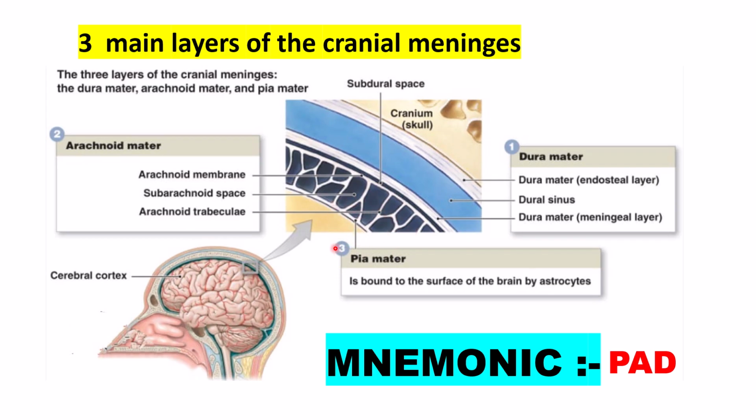Then the inner layer is known as the pia mater, directly connected with the cerebral cortex and the spinal cord. The pia mater has a rich supply of blood vessels which provide nutrition to the nerve tissue. Pia mater contains the choroid plexus, a network of capillaries and ependymal cells that produce the CSF.